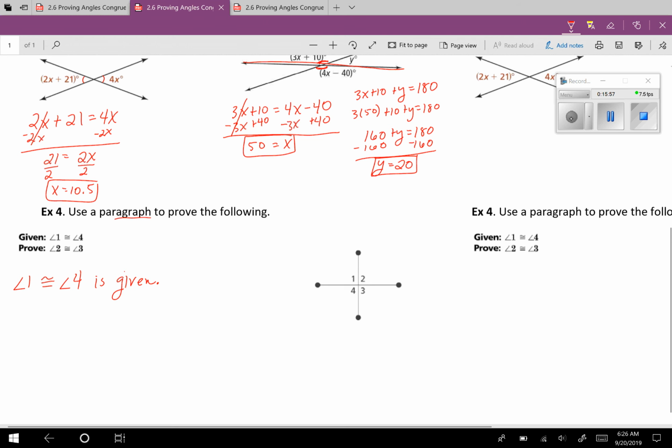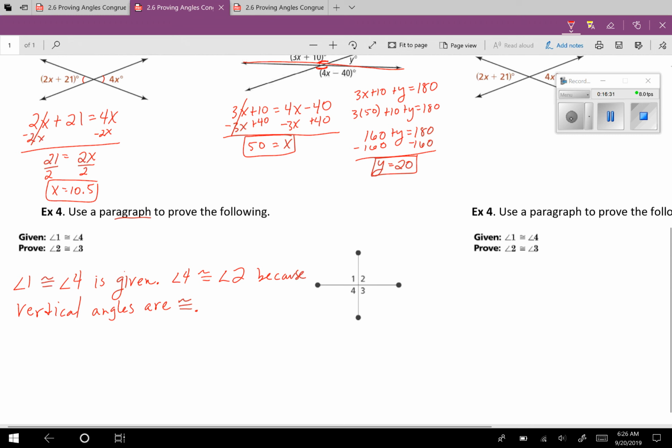Then we can go on to say angle 4 is congruent to angle 2. And what would the reason for that be? Because vertical angles are congruent. Because we can see 2 and 4 are vertical angles. Because vertical angles are congruent. Now that we know that 1, 4, and 2 are all congruent, we can use the transitive